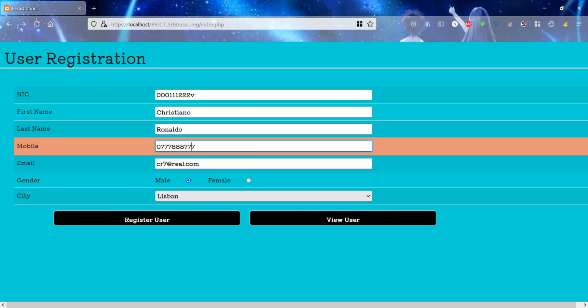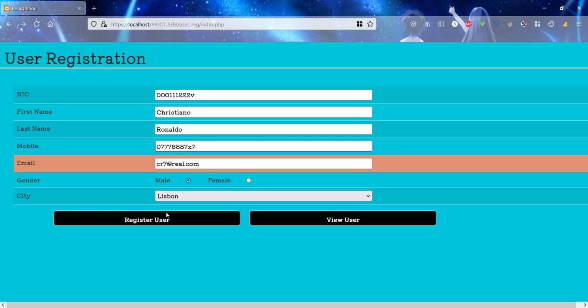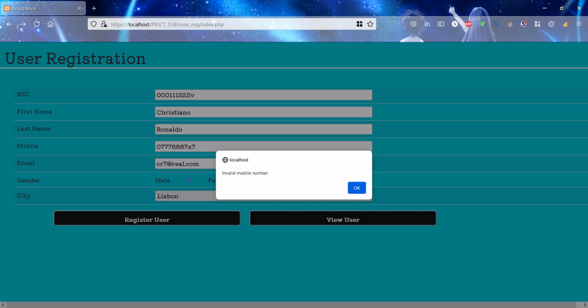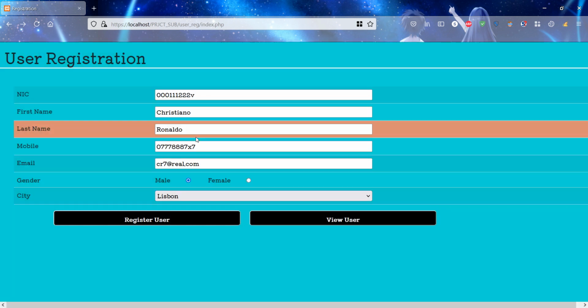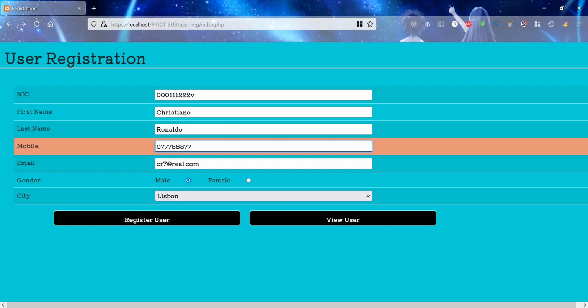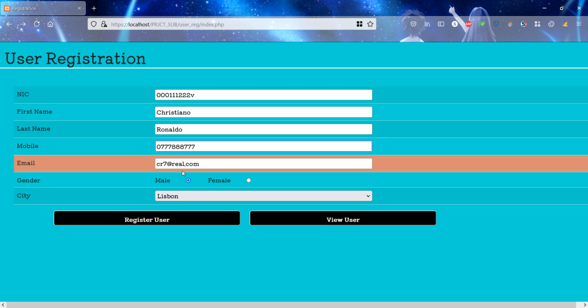Yet I simply change a single character. So now instead of having 10 digits, it has a character inside it. So let's try registering now. It says an invalid mobile number has been added. So let's make it valid, and now we mess around with the email ID,